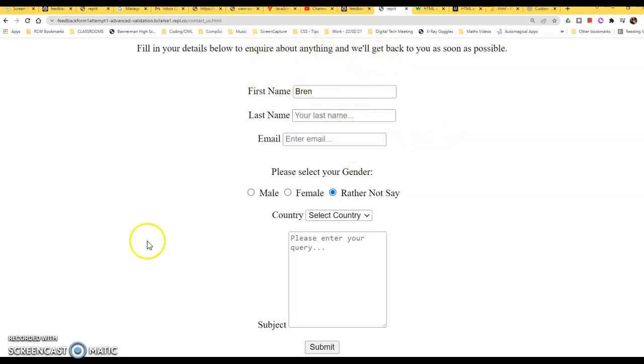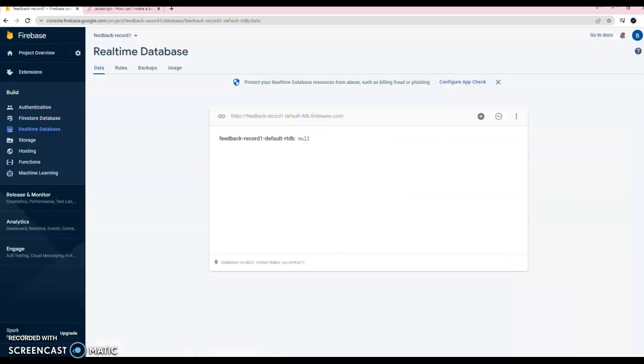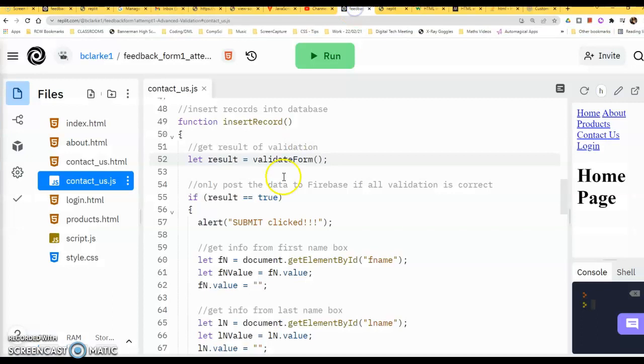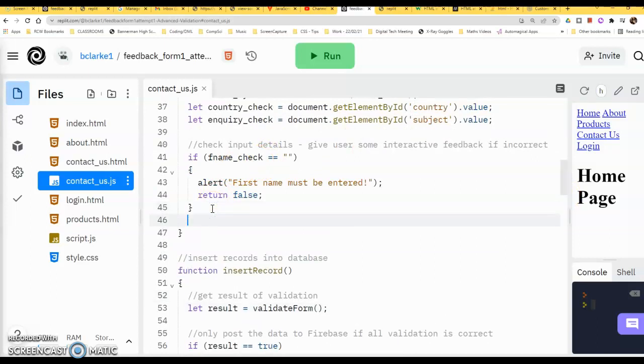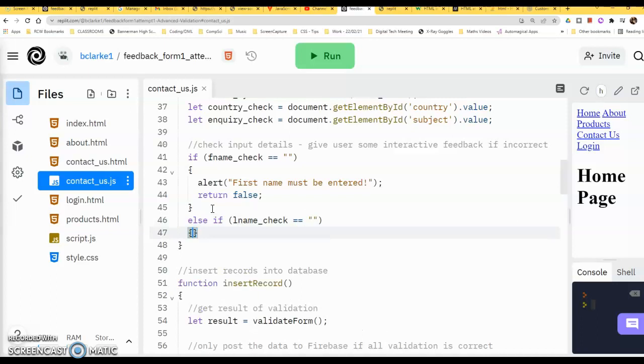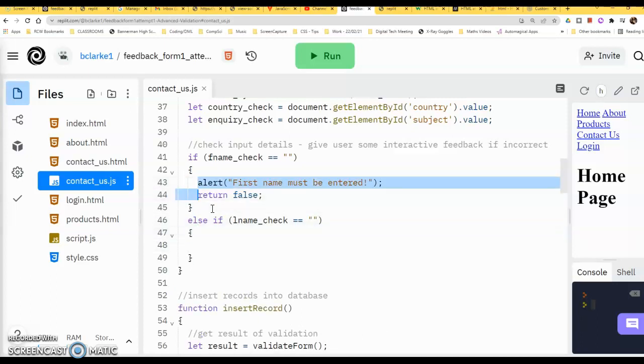So look, in the next video there are a few more things to add in, or in fact now I'll add in another one here. Let's go and put in up here, let's copy this one, or let's go else if last name check is equal to blank. Well, if that's the case, what we want to do here again is alert the user,